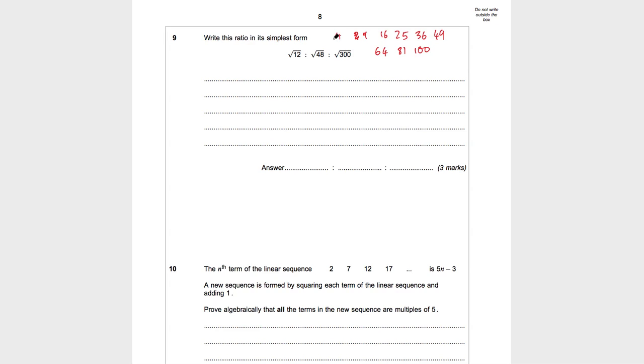So 12 is a multiple of 4, it's the only thing in here. So 12 is 2 root 3. 4 times 3 is 12. 48 can be written, 48 is a multiple of 16. It is a multiple of 4, but we need to spot that it's also a multiple of 16. 48 divided by 16 is 3. I'm going to write these out in full. That is root 4 times 3,